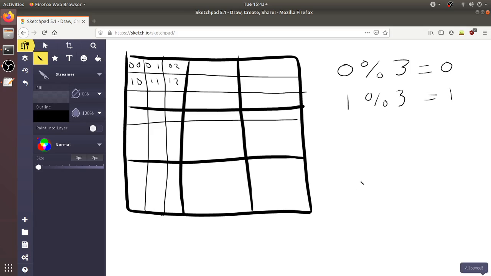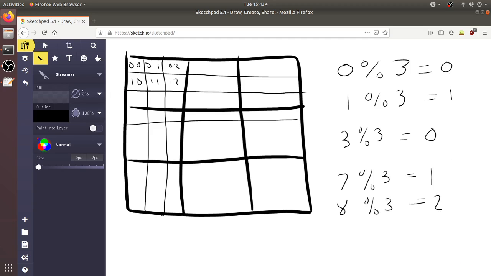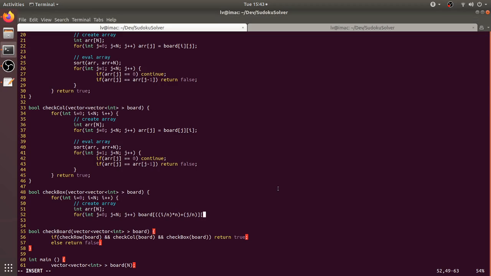And so on. Now, let's take 3 modulo 3. That will be 0. Because 3 divided by 3 is 1, but has a remainder of 0. That means that if we take 7 modulo 3, that will output a 1. 8 modulo 3 will output a 2, and so on. So we'll keep getting 0, 1, 2, 0, 1, 2, 0, 1, 2,